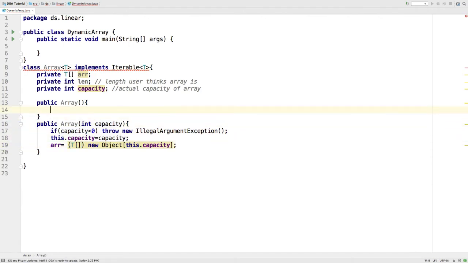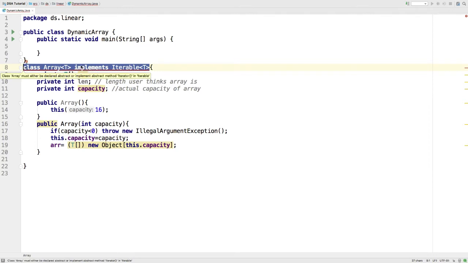Now for the no-argument constructor, I'll simply call the other constructor with a default value, that is 16. Now you can see this line is giving an error.